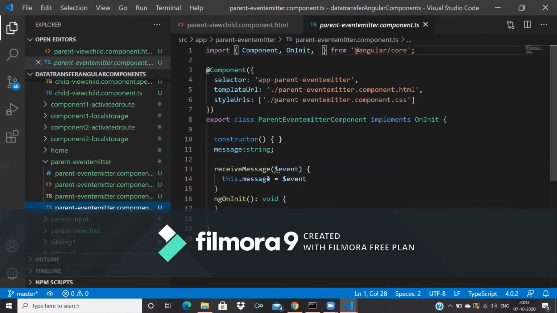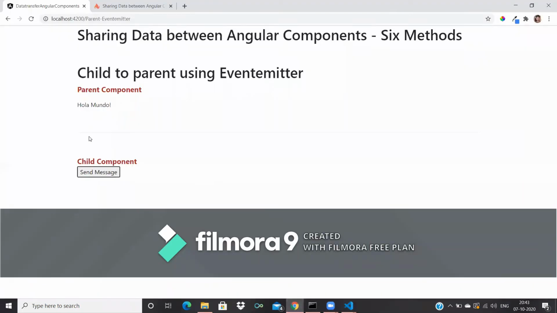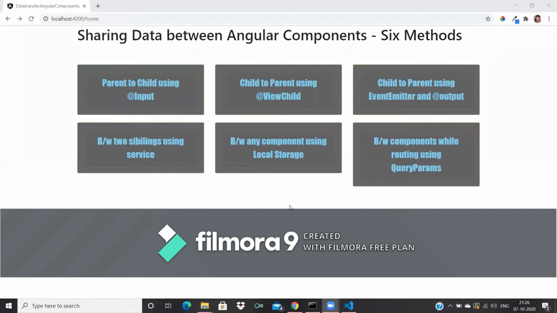In $event I'm getting this.message and I'm binding this message from this. Okay, we have seen these three methods, from child to parent and parent to child.